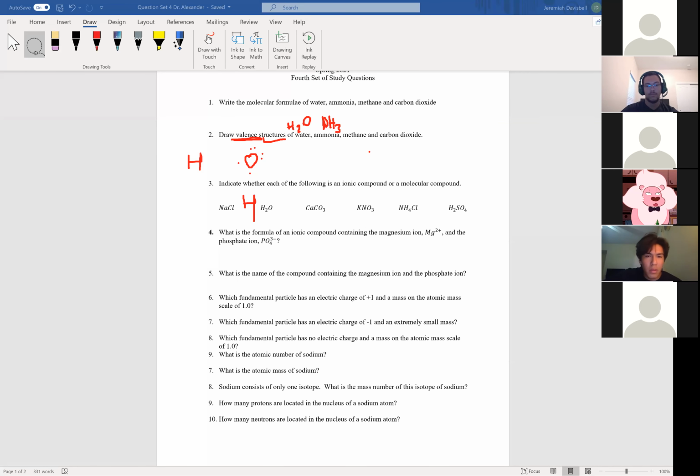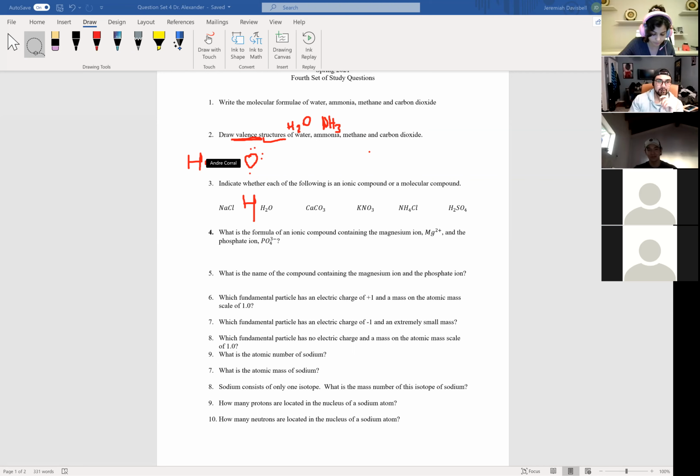One, right? So you could put that dot here. You could put it anywhere, but you'll see why I chose to put it here right now. The same thing would be for this hydrogen, so you put 1 dot up here. When you're doing the valence structures, what you want to do is connect these dots. Do you know why we're connecting these dots, or why these compounds form these bonds?